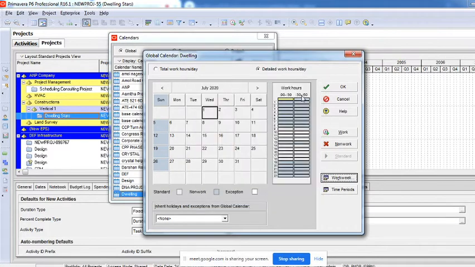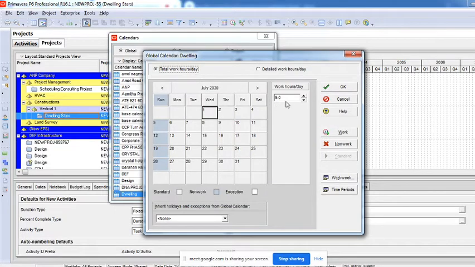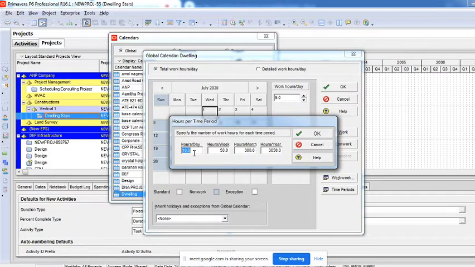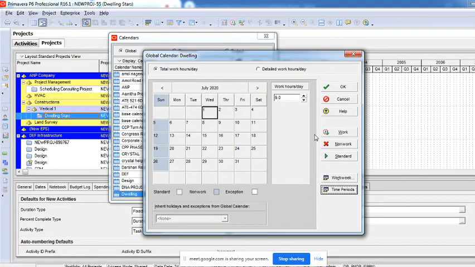And I'll say okay. Now you can see it was 10 hours earlier, now it has become 9 hours, because there's a gap of 1 hour in between which will not be considered a working hour. So now it is 9 hours per day and 6 days a week. This is how you can do it. The moment you do that, you will have to click on this time periods to make changes here as well. The default calendar was 10 hours, so I made it 9, so I'll change it here. I'll say okay. Now the rest, there are no changes.